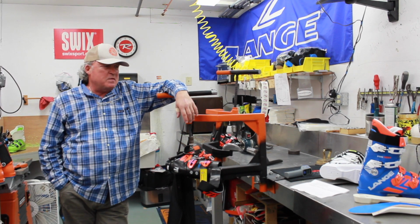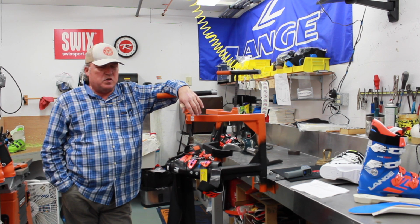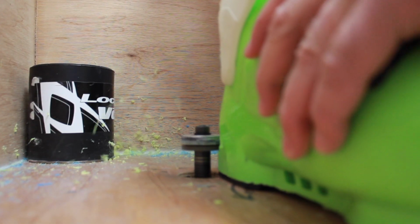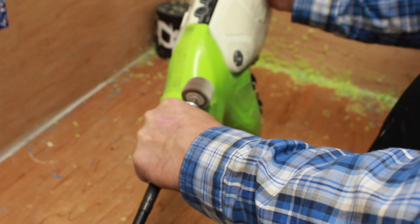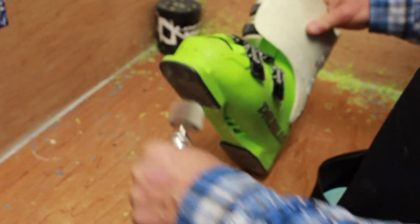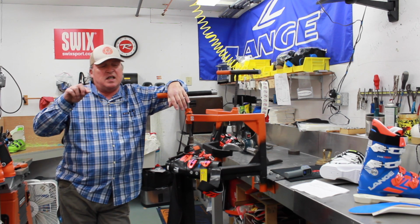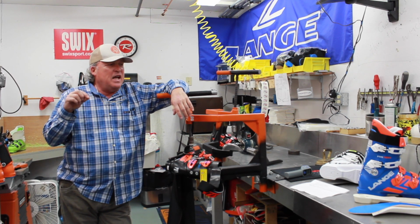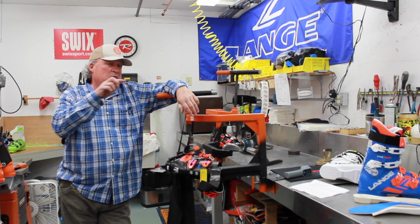So you might have heard the term stack height, which is a little project with ski boots to help you achieve better edge angles by giving you more leverage. Because of the added height, you can turn the ski over quicker. So you can have 50 millimeters of stack height from the bottom of the ski to the bottom of your boot in regards to the binding. Then the ski boot, you can have from the bottom of the ski boot to the bottom of your insole